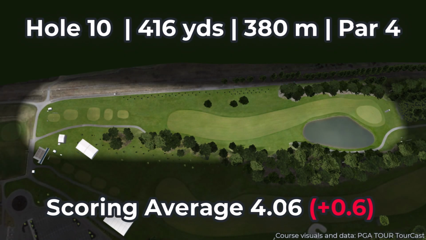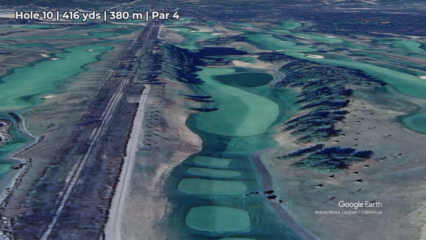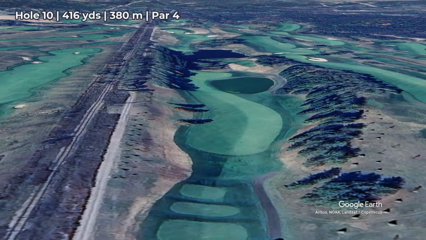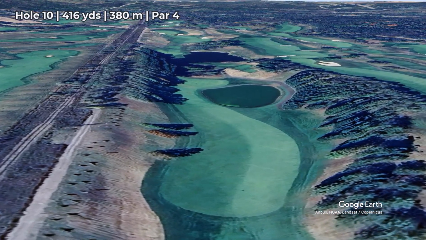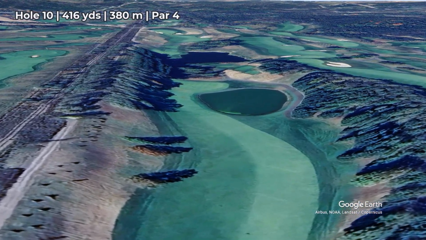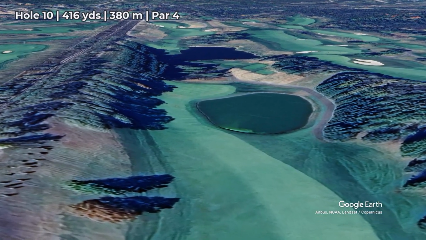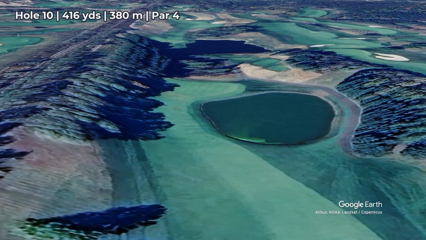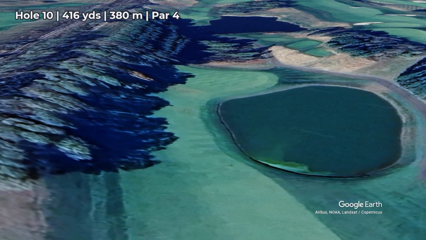Hole 10 is a 416-yard par 4 and is a solid test to start the back nine. Off the tee, players are presented with a tight 25-yard wide landing area, with a pond on the right side and a tree line on the left. The pond begins to come into play at 320 yards from the tee, making club selection and target line critical, especially for the longer hitters. The priority here is a controlled tee shot that finds the fairway, as either miss can quickly lead to trouble